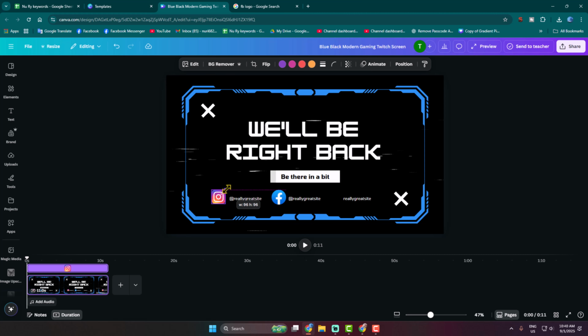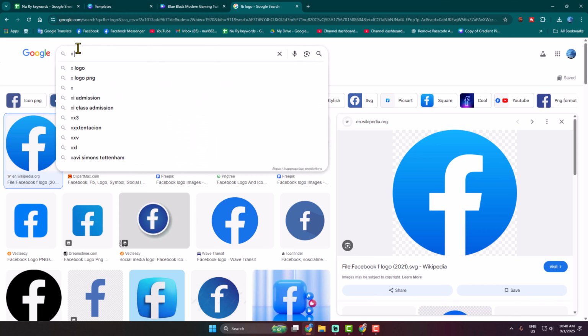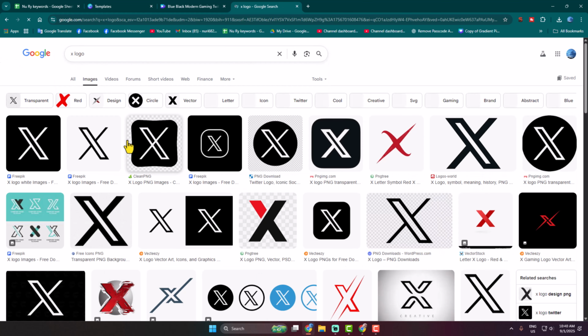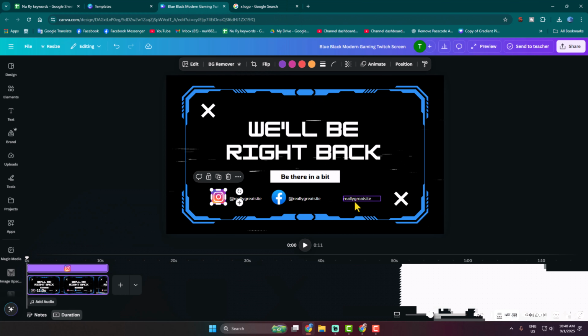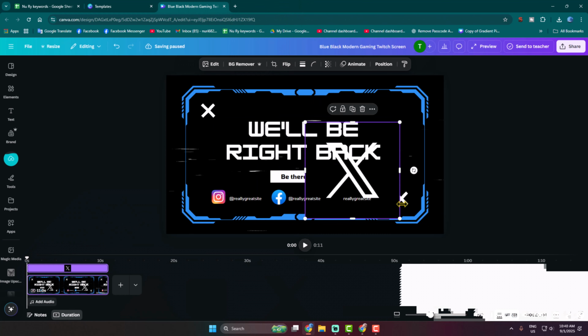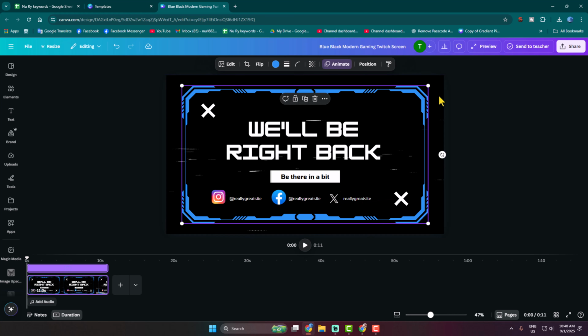And now let's search for X logo and let's add this one. Okay, so that's how you can just go ahead and customize your Be Right Back template, and then click